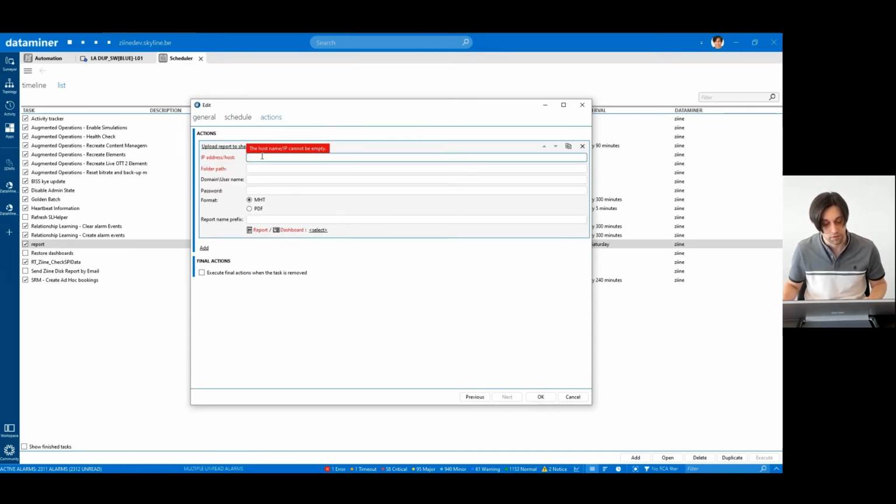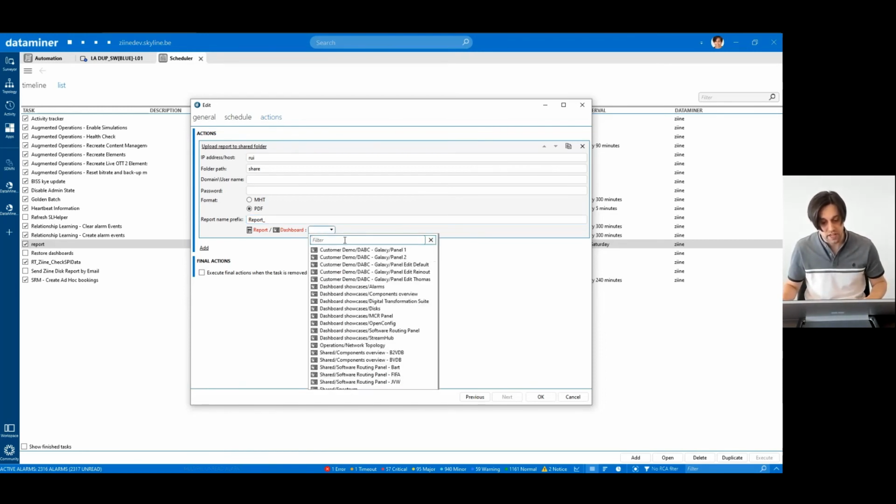Fill in the address of the file share host, fill in the remainder of the path. If the network share requires authentication, you can fill it in right here. I don't need to do so for now. Choose your preferred format, MHT or PDF. You can optionally prefix the name of the generated document, for example, with report_. Select the dashboard you want to print out,